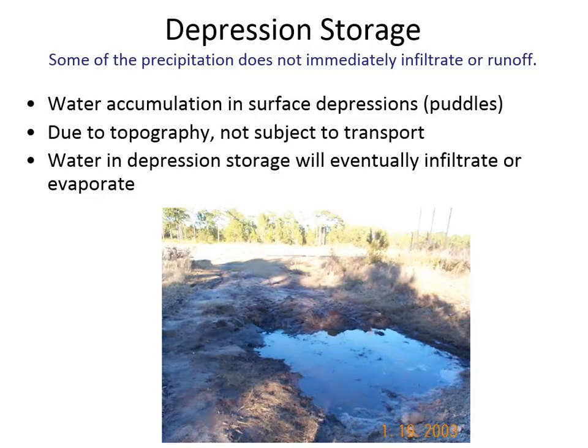Depression storage. Water can just sometimes accumulate in surface depressions and puddles, and you can see from the photo here that if this little depression is inside of a watershed, it's going to have to be completely full before anything that has fallen into this depression makes its way to the outlet. And it's not just this pond area that we see here, but anything that feeds into it is also sort of taken out of the equation. And so it looks like there's a bit of a road here. If there is a break line from that road and the water is making its way towards this depression, rather than